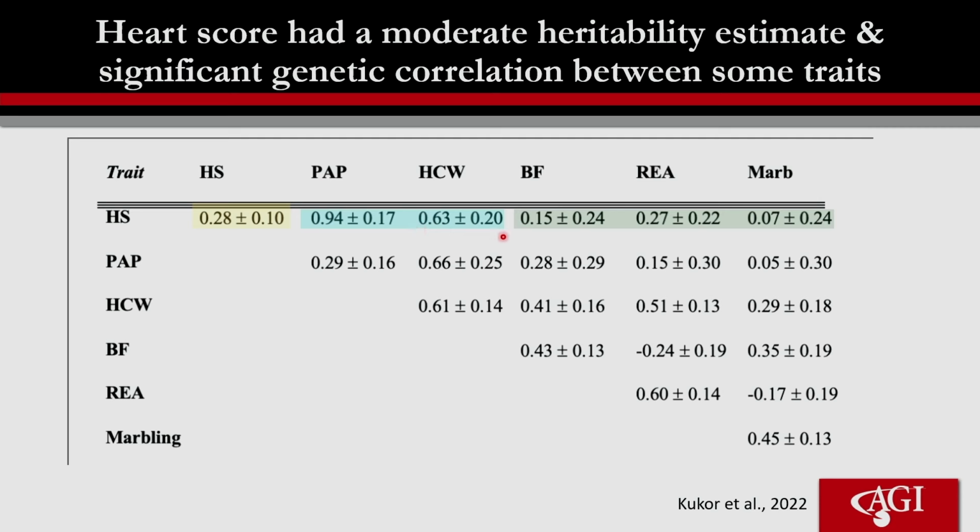And this has been one that's been pretty interesting for me personally to think about, because when we think about heart score, with a 0.28 heritability in this initial study that was done outside the American Angus Association, it would give you the belief to say, hey, we can make genetic change by selecting, using an EPD, selecting against heart remodeling in different bovine breeds. However, you also can see with this 0.63 correlation that as we select against heart score, we're also going to